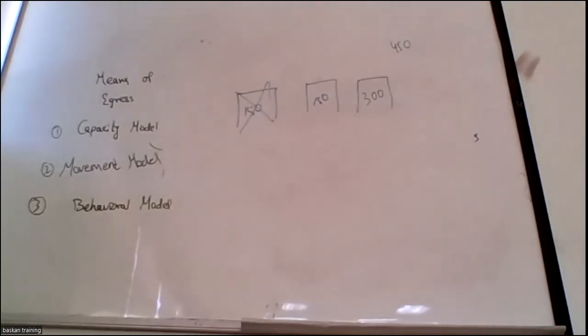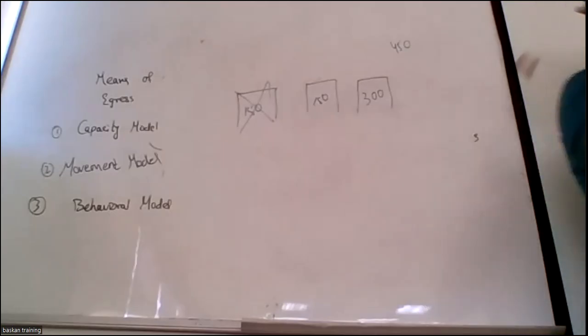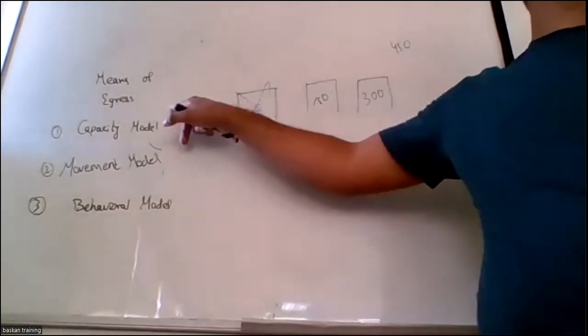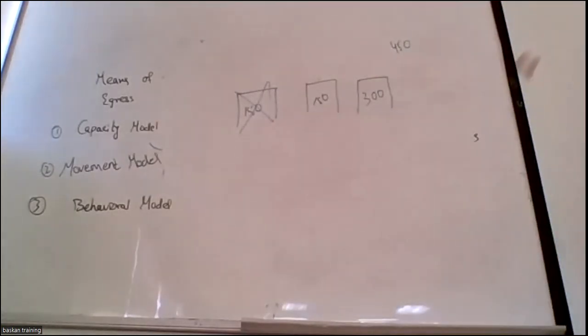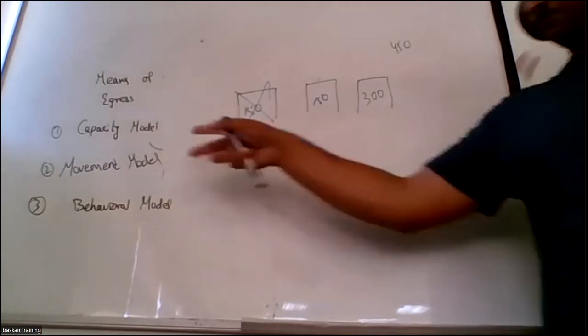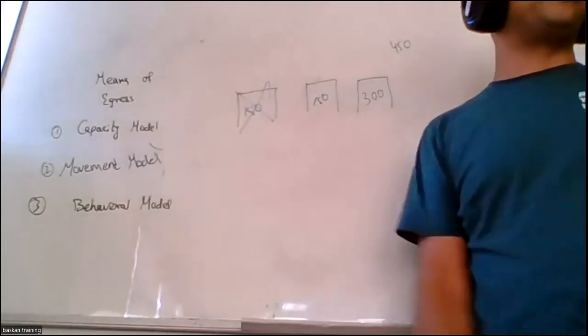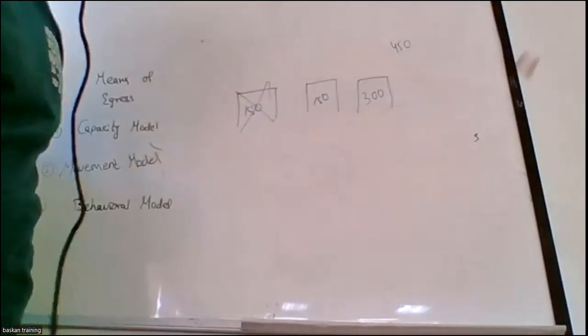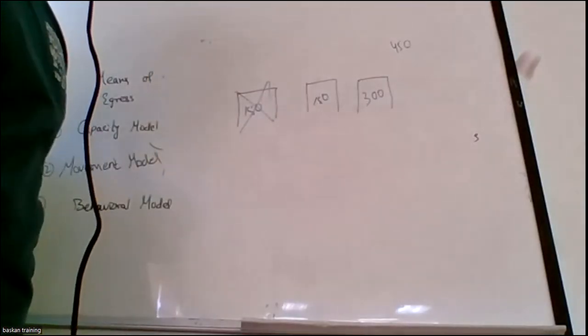Whenever you have large occupant areas, festival areas, big malls, they are always designed on the movement models. Whenever you have residential occupancies, small industrial occupancies, or any type of research laboratories, they are designed on the capacity model, where you know you have a limited amount of people available, and you have to make sure the cost is also less. So based on that, you follow the capacity model. These are the three types of means of egress models that we always follow.